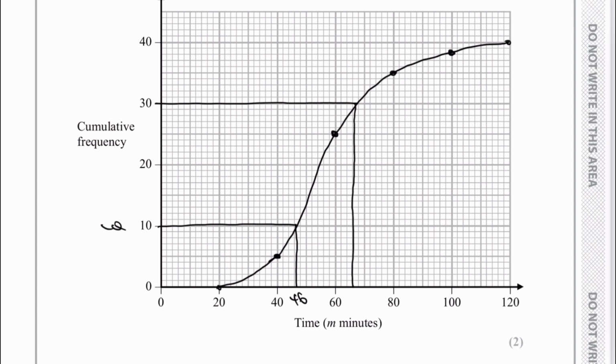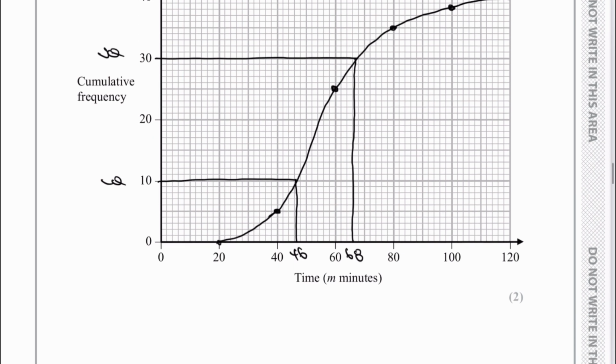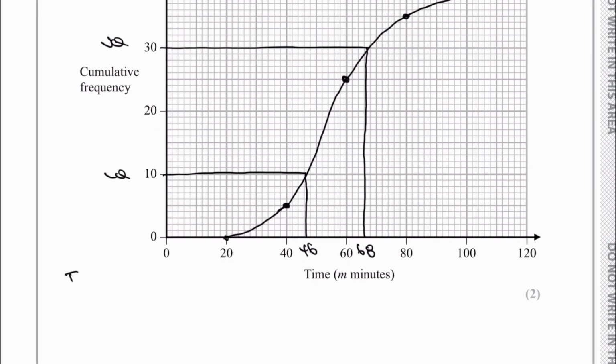And I do appreciate that it's not exactly correct, but there is a variation, a range here that you can use, so therefore I'm just going to write this on the side of the graph here, and I'm going to put the interquartile range, and that's going to be equal to 68 take away 46, which is going to give me 22 minutes, and that would be the answer to part B of this particular question,